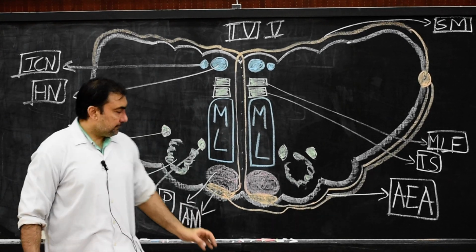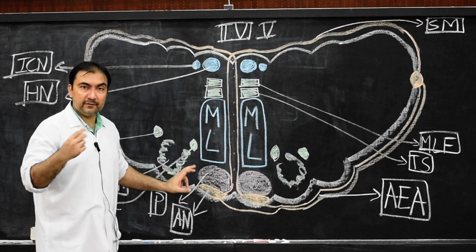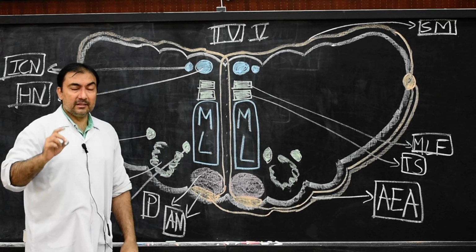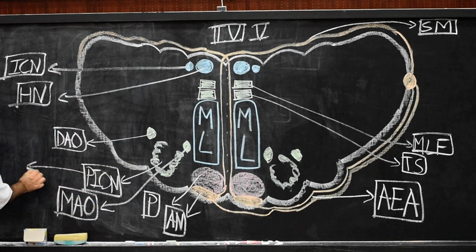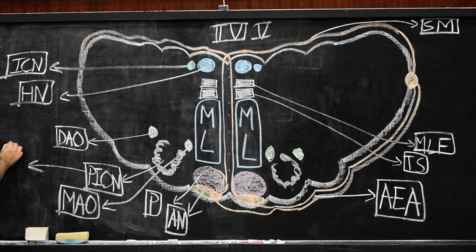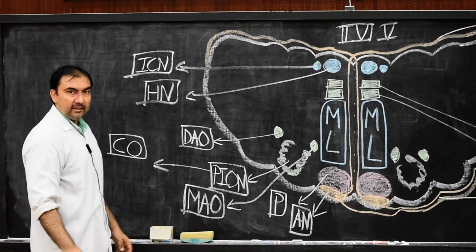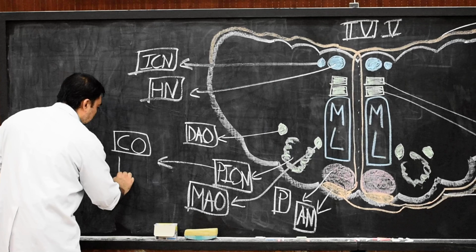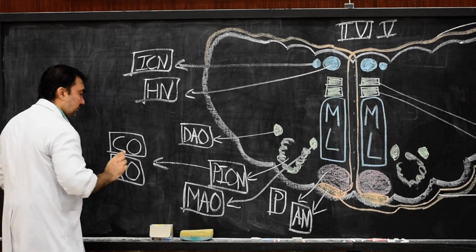Now we have to write something about this, because this inferior olivary group of nuclei is very important. Please mention that the principal inferior olivary nucleus will receive afferent fibers from two sources. And what are those two sources? Please note down: cortico-olivary, that means from the cerebral cortex, and also rubro-olivary fibers, that is from the red nucleus. This you have to mention.